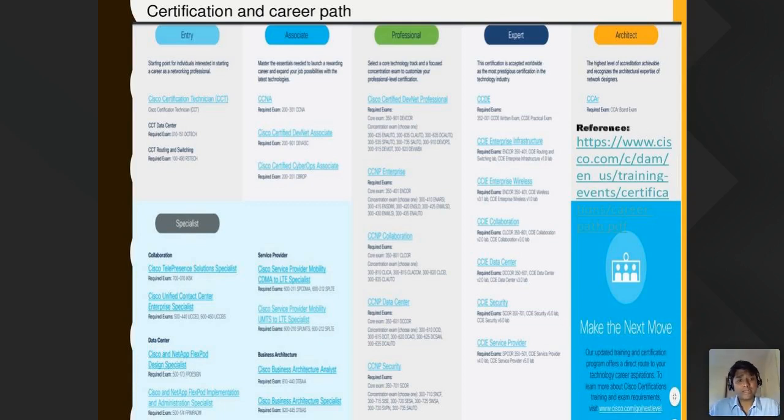And once that's been done, you do have some specialist tracks. For example, contact center, what I explained to you about contact center. If you want to be a contact center engineer, then you have to go through it and learn this technology. Or you consider if you want to be a telepresence engineer, you have an option. And if you want to be a data center engineer with some NetApp and so on, you have a variety of options within networking.